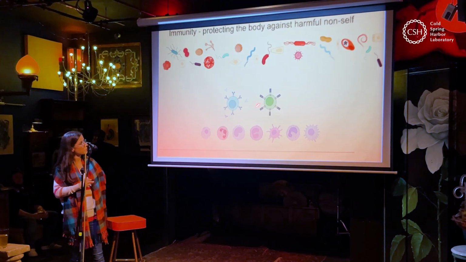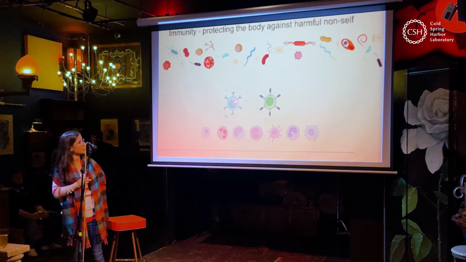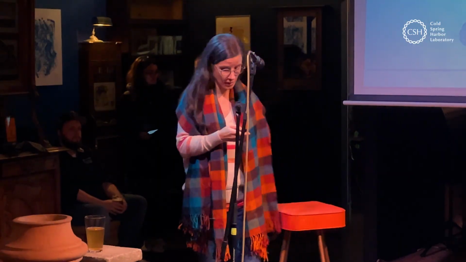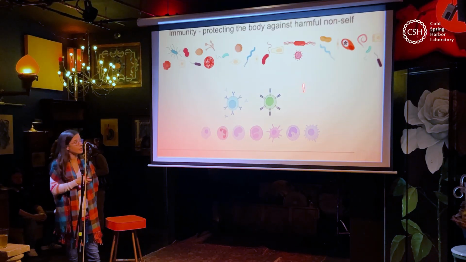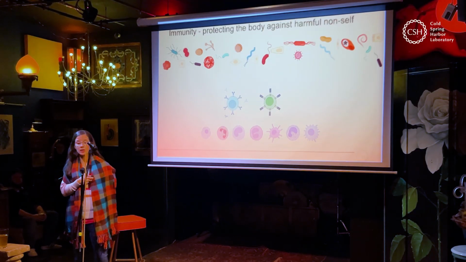There are two cells of this type. These are T cells and these are B cells. B cells you might have encountered in the context of antibodies. When people talk about antibody responses, or when you get a vaccine and you come a few years later and they check your titers to see if you still have immunity, they would measure these antibodies that these B cells make. In my lab, we're particularly interested in these T cells.